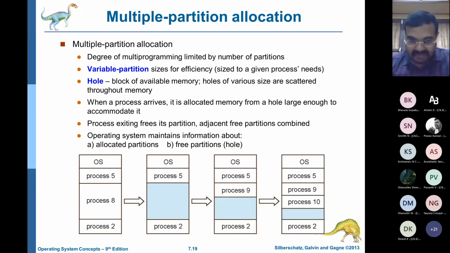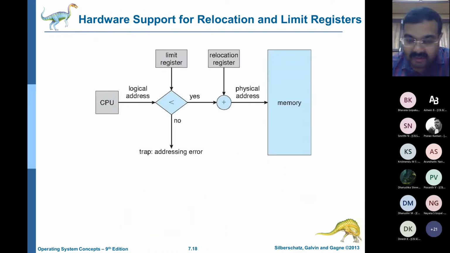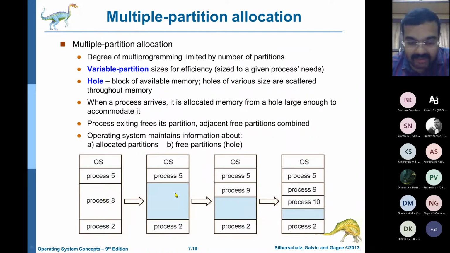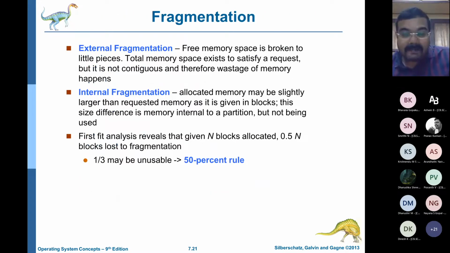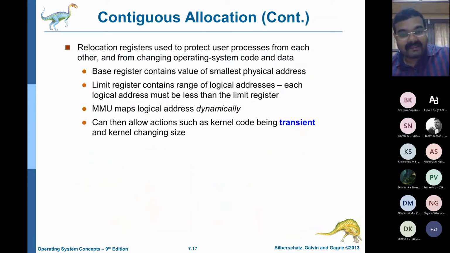Now it's very simple. If process 8 is coming here, this hole is here, obviously it is a worst fit. It's a big process, it goes here. But when you get 9 and 10, it's a best fit. Smaller processes are getting in and more processes are getting completed. So this is basically a dynamic storage allocation that is happening in the operating system.